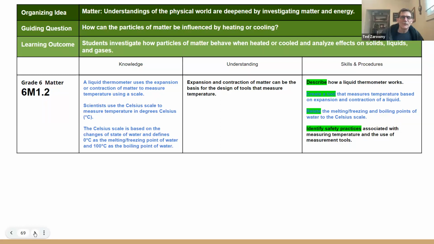And so we skipped over the 1.2, the second CUSP line, to do the third one first, and coming back here, because that second CUSP line is pretty much all just surface level stuff. It's just a lot of facts about what a thermometer is and the Celsius scale and so on. The only thing that may be close to being the understanding part is just being able to explain how a thermometer works using all the concepts from phase change and particle of matter, particle in the matter theory or model that we've been looking at.